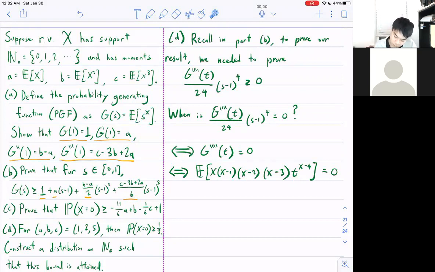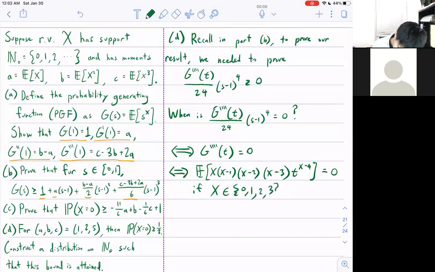But what we can do is make this 0 by choosing a random variable that only lies on the values 0, 1, 2, or 3, right? Because then, if the random variable is only distributed on those 4 values, this entire thing collapses to 0. So this equals 0 if our random variable only has the support 0, 1, 2,